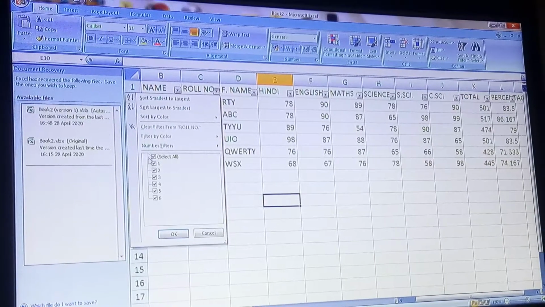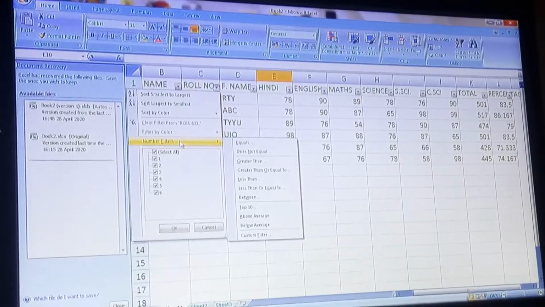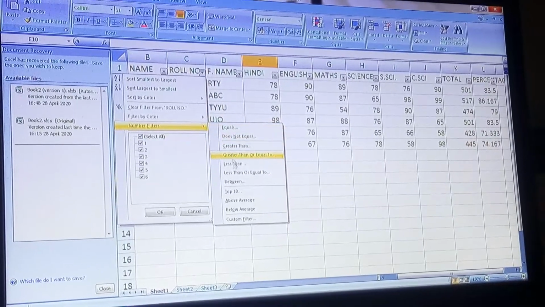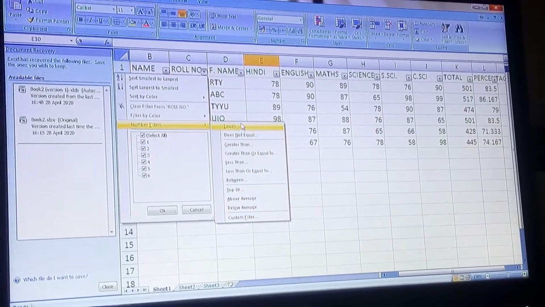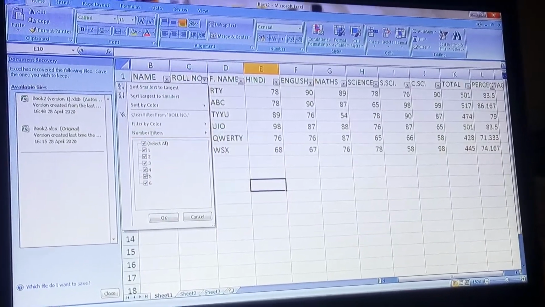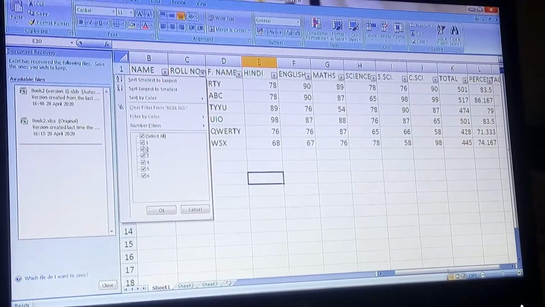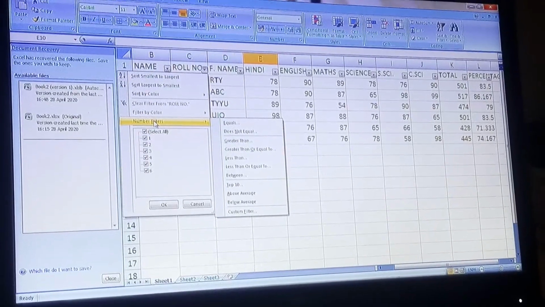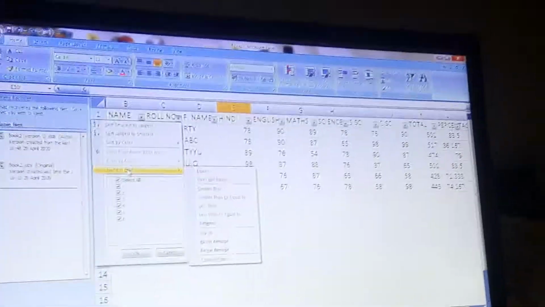Besides that, there is a filter where we can apply the condition according to your need. Besides the exact values, it provides the conditions you want to apply.